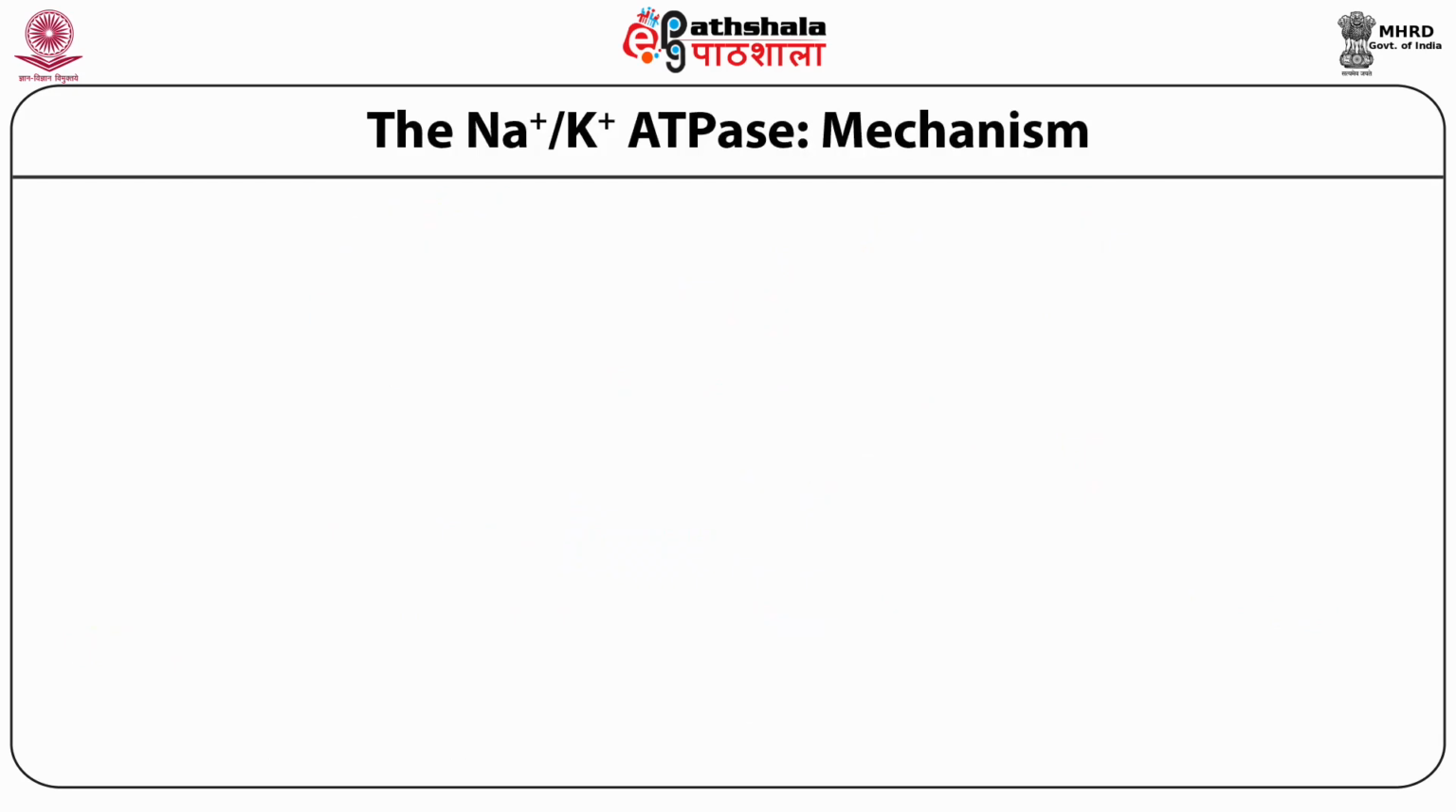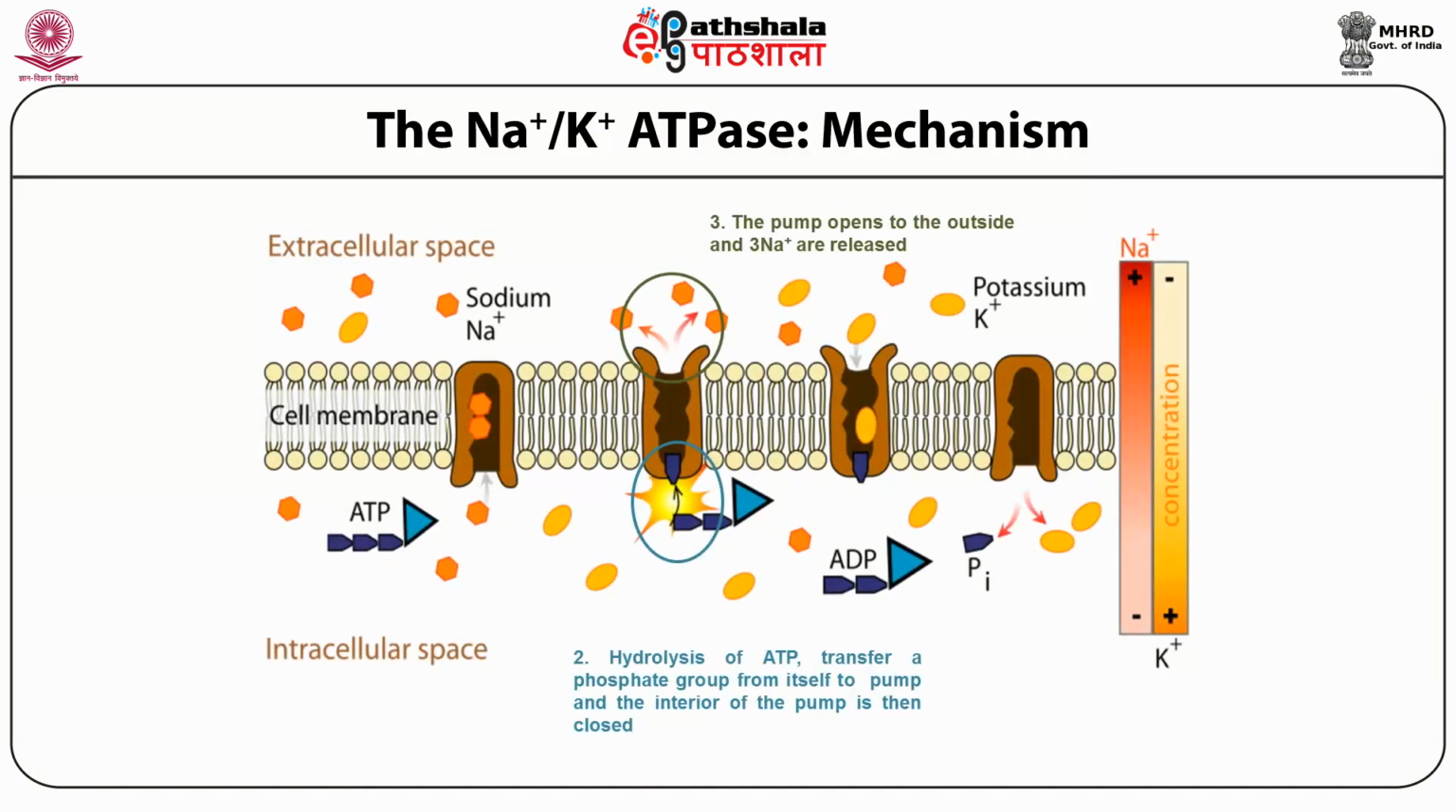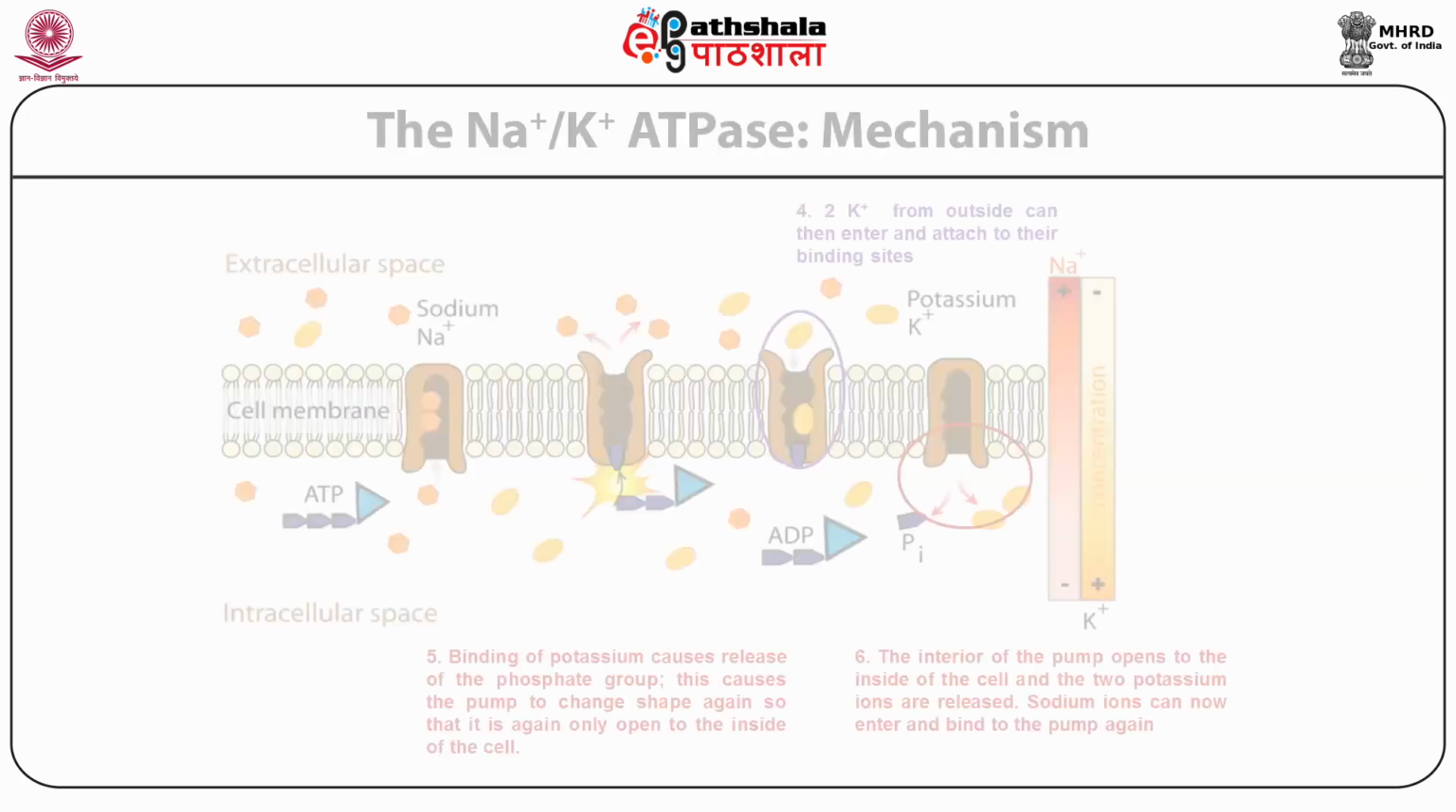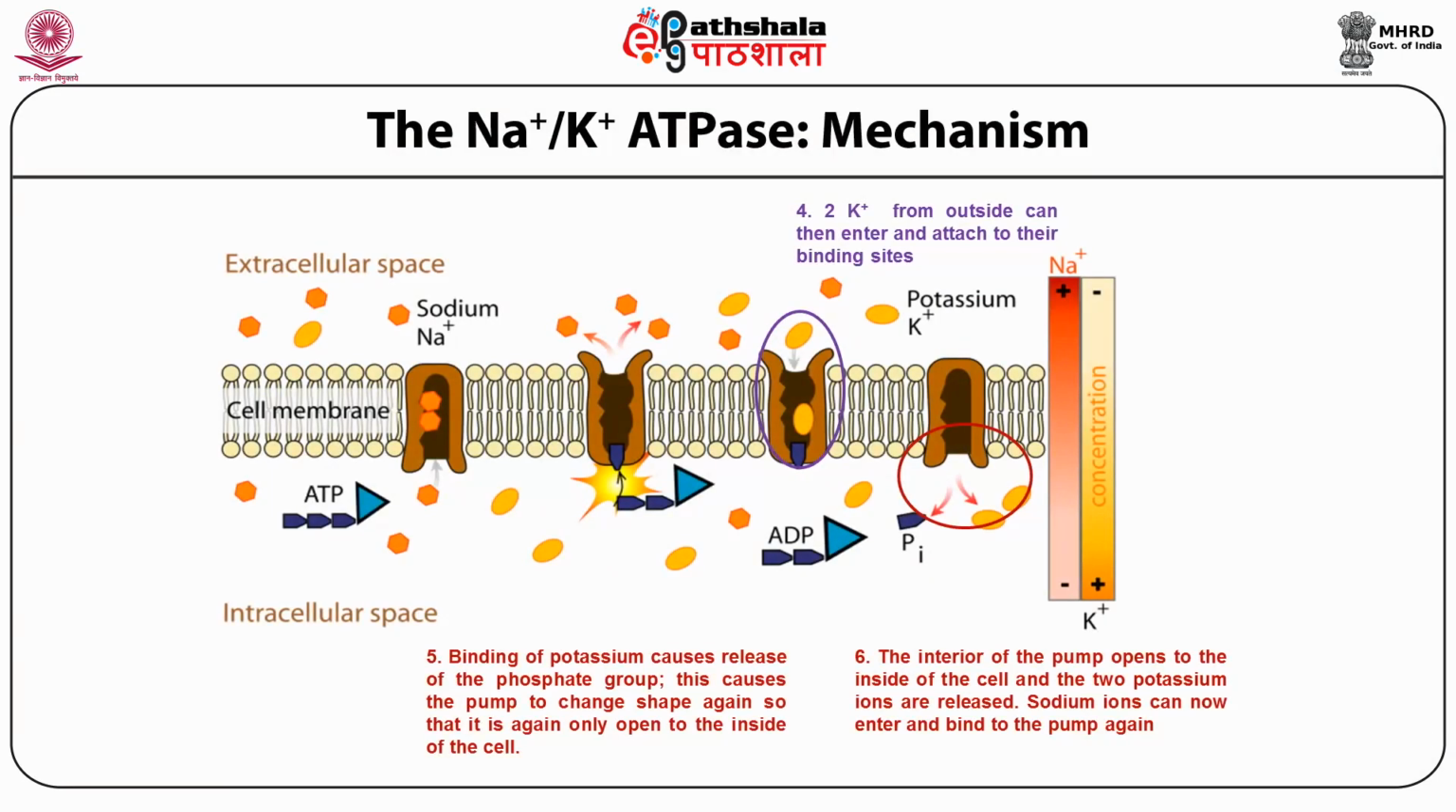In the next step, hydrolysis of ATP transfers a phosphate group from itself to the pump, and the interior of the pump is now closed. In the next step, the pump opens to the outside and 3 sodium ions are released to the outside of the membrane. In the fourth step, 2 potassium ions from outside can then enter and attach to the binding sites on the